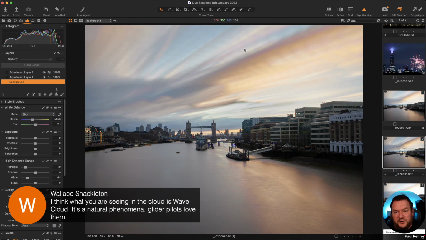I don't know, maybe it is a natural thing, but what doesn't add up to me is over a 15-second exposure, for that to be the case, looking at these patterns, what we're seeing is the cloud stopped, moved a bit, stopped, moved a bit, stopped, moved a bit. And wind in the upper atmosphere doesn't really work that way.